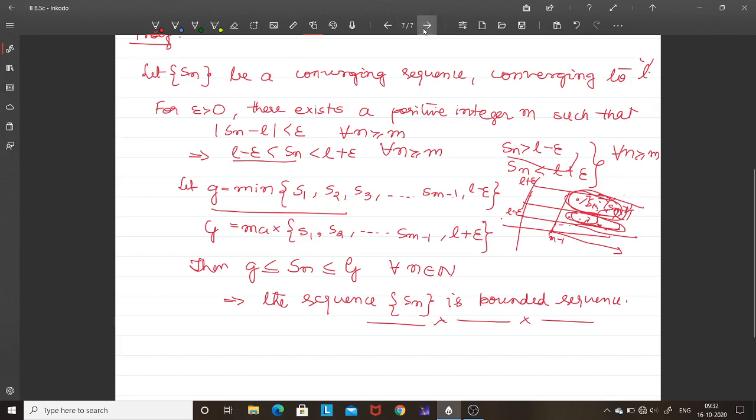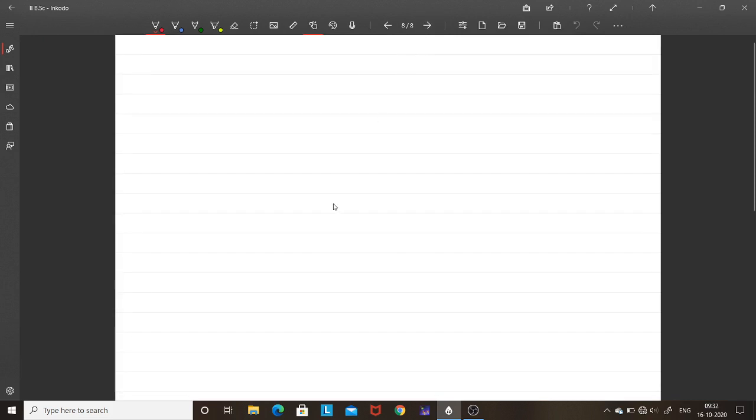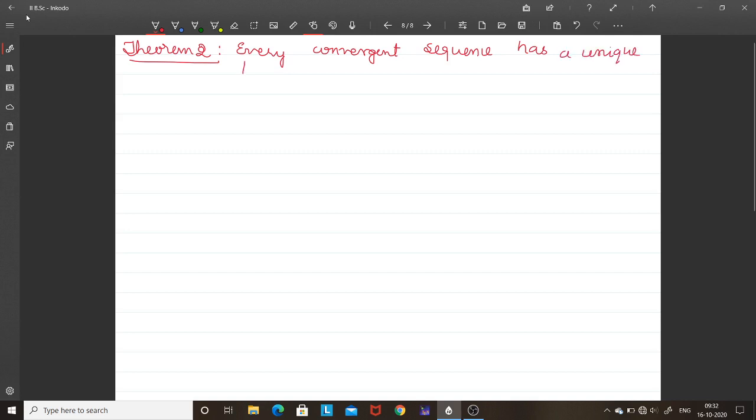Let us move to another important theorem. This is the important theorem. Theorem 2. That is, every convergent sequence has a unique limit. Or it can also be asked this way: a sequence